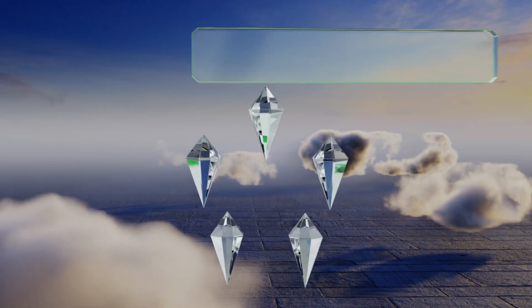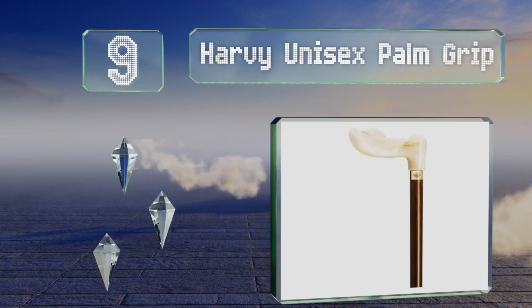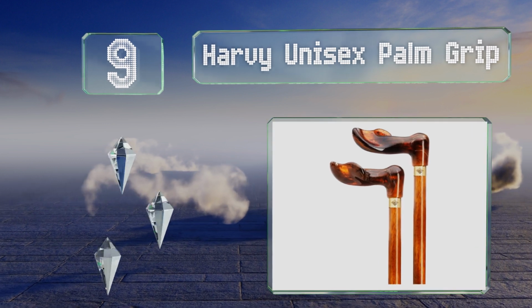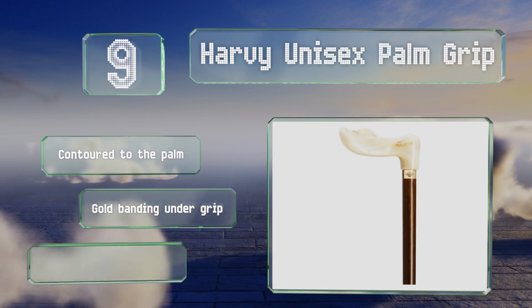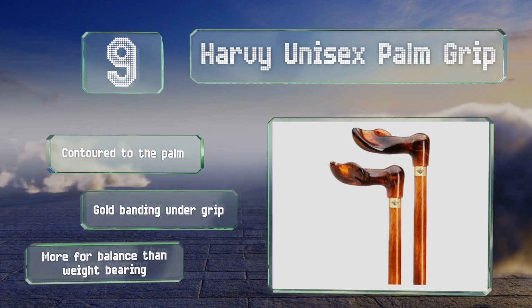At number 9, if you want to make a fashion statement with your support system, the Harvy unisex palm grip is the way to go. It features a hardwood shaft and a sturdy acrylic handle that come together in several finish combinations. It's contoured to the palm with a gold banding under the grip, but note that it's more for balance than